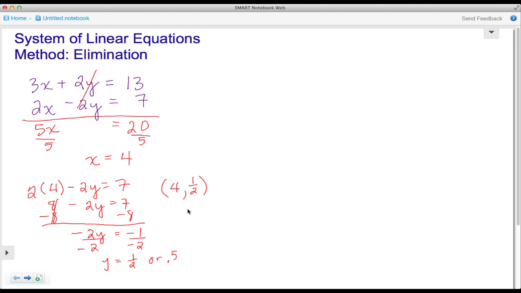To check it, let's go ahead and actually use the calculator by solving each one of these equations for y. Let's take the first equation, 3x plus 2y is equal to 13. Let's subtract 3x from both sides. The 3x's here cancel. We're left with 2y is equal to negative 3x, I like the x term first, plus 13. I do the x term first because it's closer to the slope-intercept form.